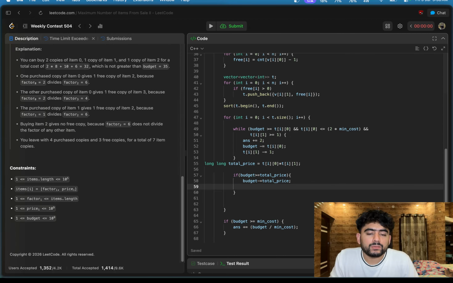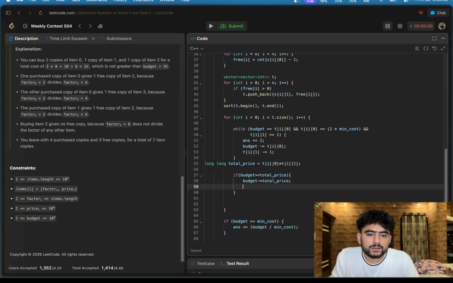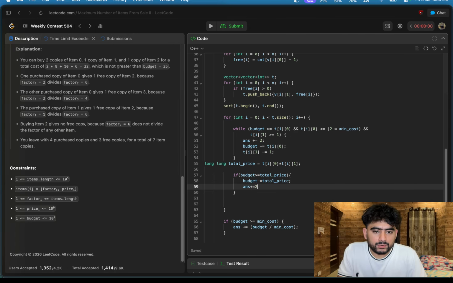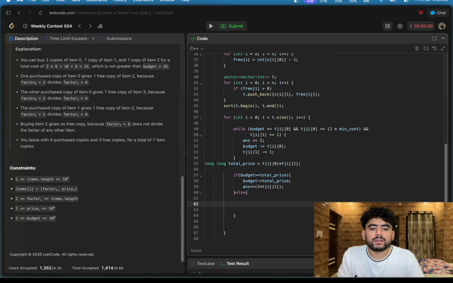and we can do something like answer plus equal to 2 into t of I comma 1, something like this. Else how much we can gain from this, like it is less, then we have to do something like total budget divide by total int